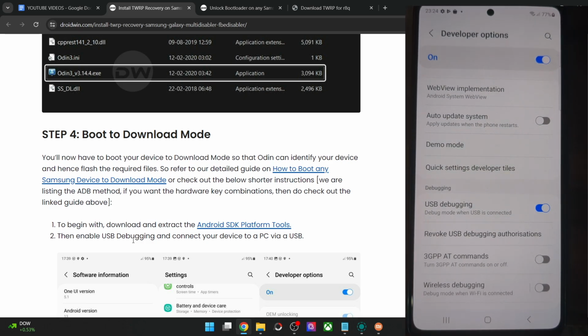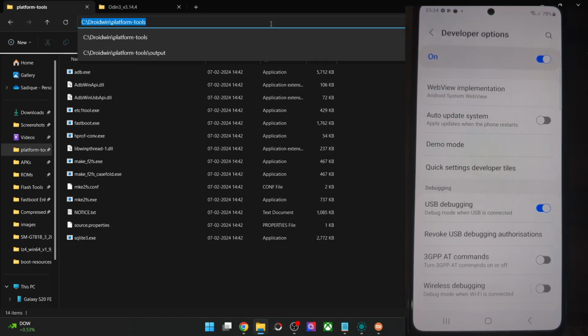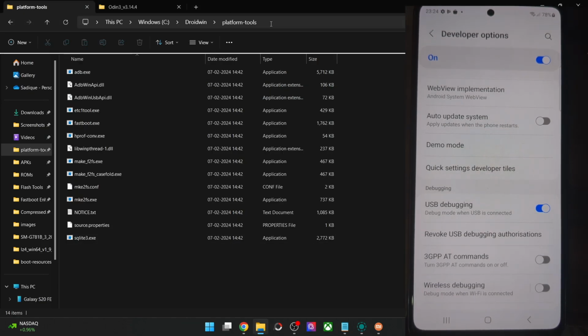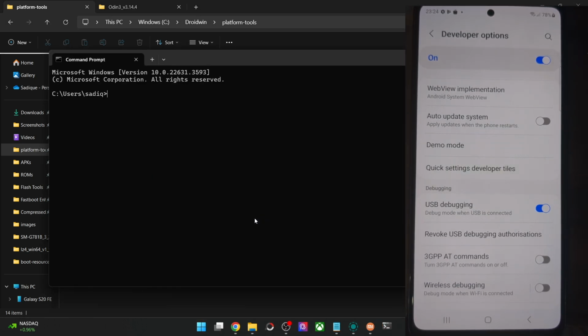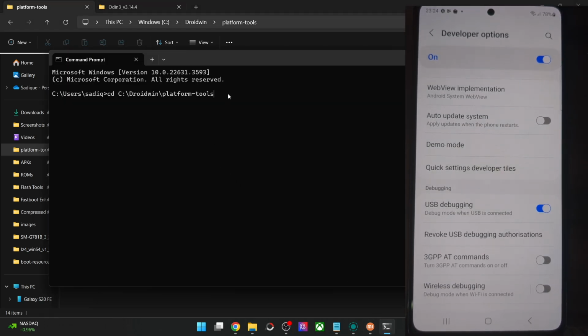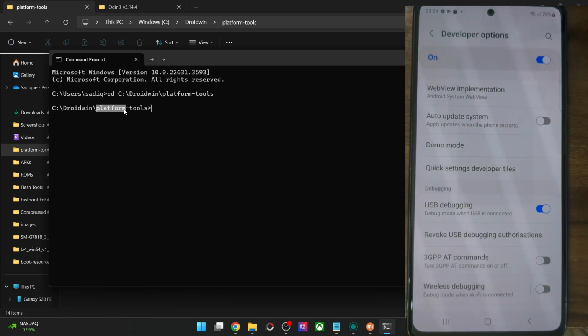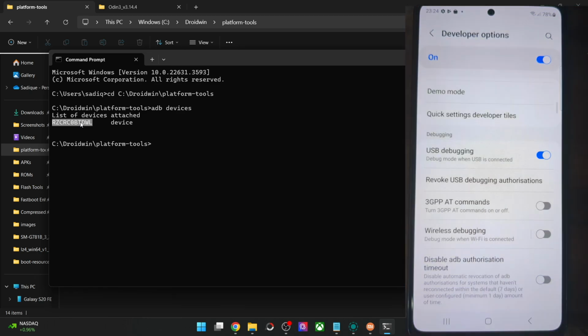Let's verify the same. So go to the platform tools folder address bar, type in CMD and hit enter. This will launch command prompt. If that does not happen, then you may also open CMD from the start menu, then type in CD for change directory and copy the location from here and paste it, and you should now be inside platform tools, as you could see. So now type in adb devices and make sure that you are getting an ID. If you are not getting any ID, then unplug and replug your phone from the PC.